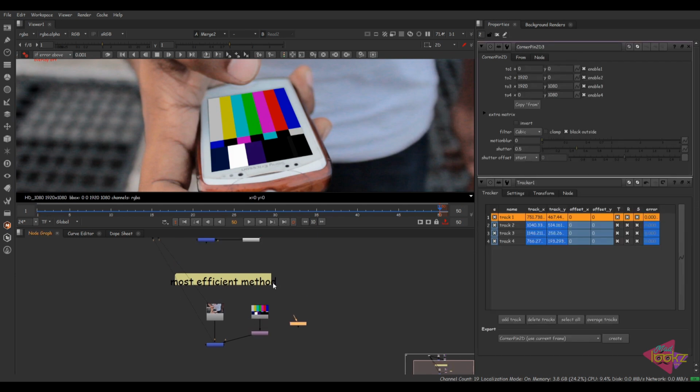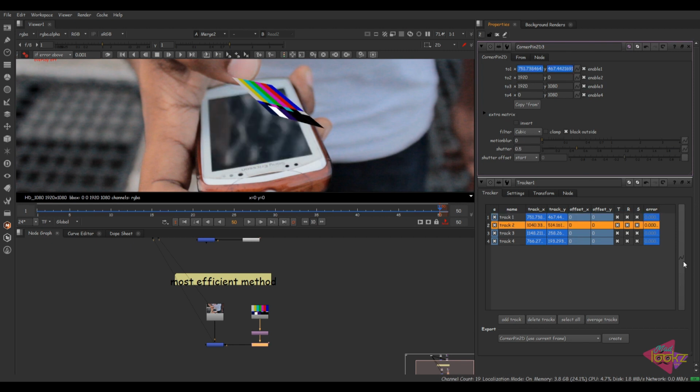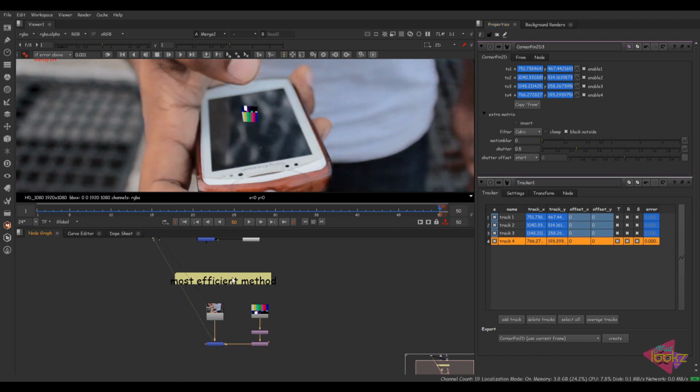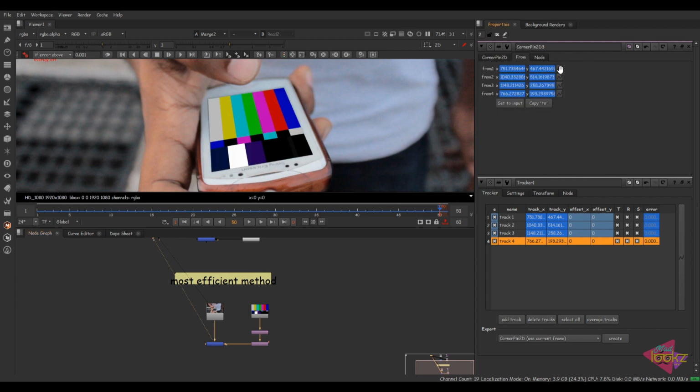What I'm going to do is copy the animation of each single tracking point and paste it onto each corner of the corner pin node. If you press Control, it will add as a link. So always make sure to hold Shift while you drag and copy and paste. Here we have an issue. To sort this out, go to the From copy and click on no animation for every corner, so that the tracker is relative.